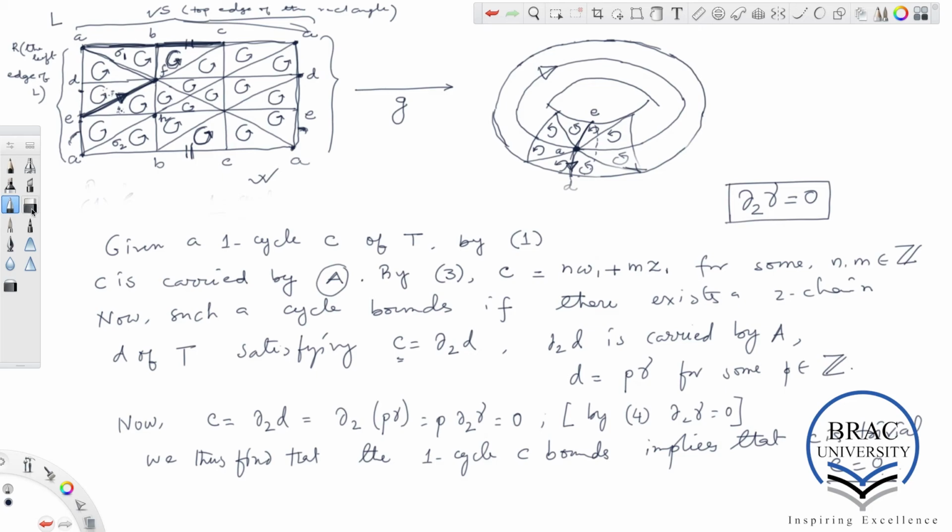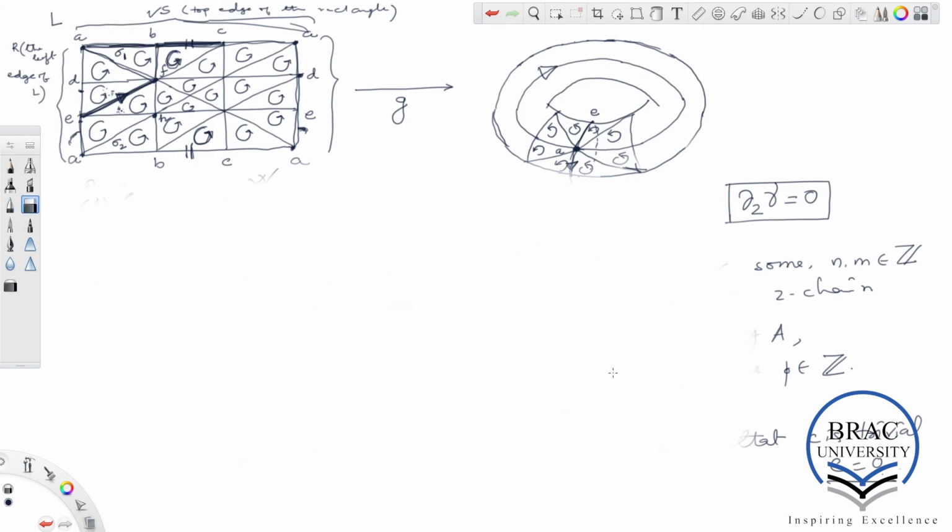So what does that mean? It means that the boundary B, the one boundary of the complex T, is trivial,